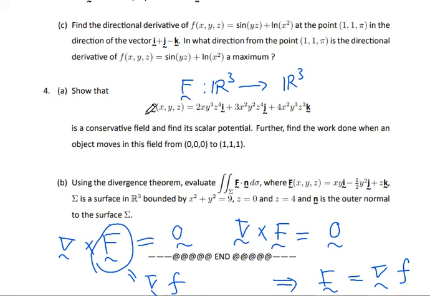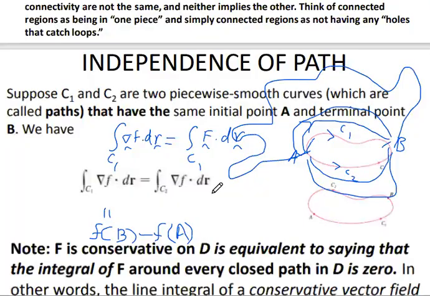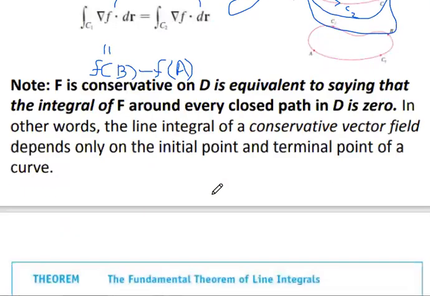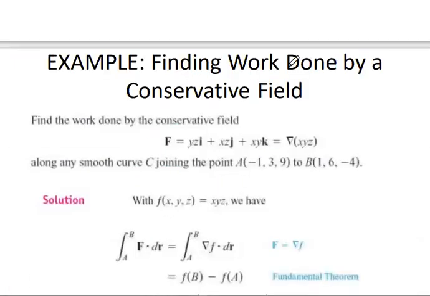F is an irrotational field on a simply connected domain. Because of that, there exists a function f such that f is equal to the gradient of f. That is how we show that it is simply connected, right? It is simply connected. Now, how do we find